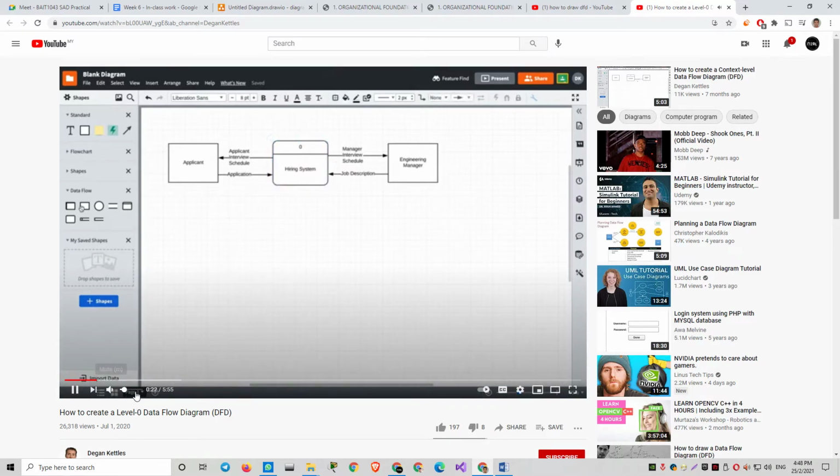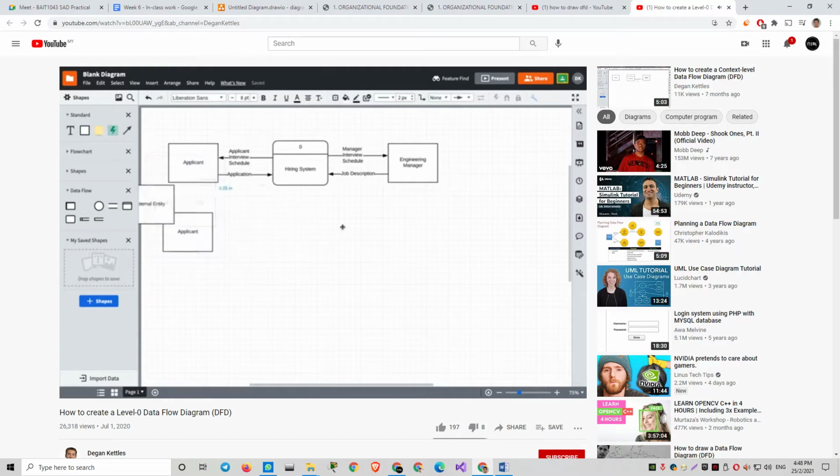So let me recreate the diagram, and I will say applicant, and I will add in my engineering manager. Now let's suppose that I know that there are 3 processes that are part of the hiring system. One of those processes is going to be creating the job opening. So I'm going to add a process here, and I will label it 1.0, and I will call it create job